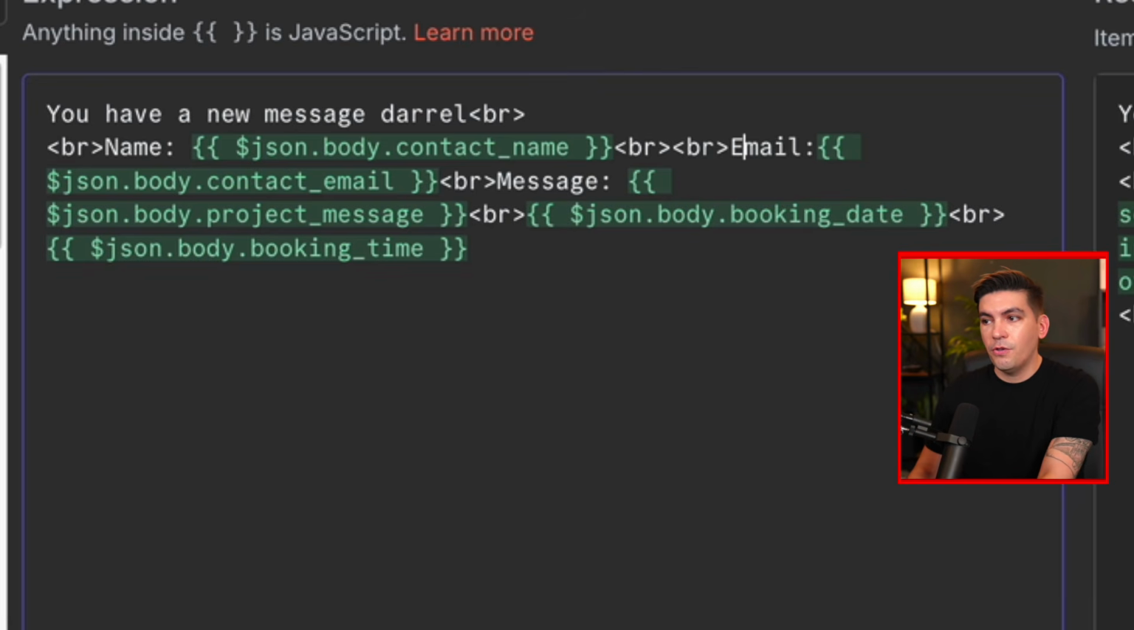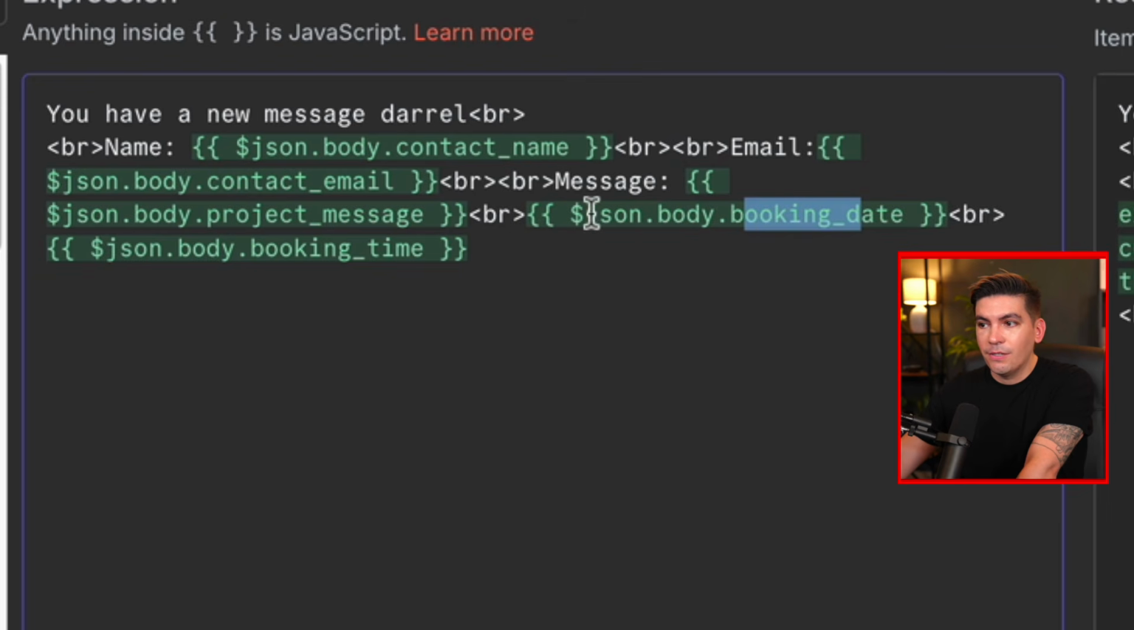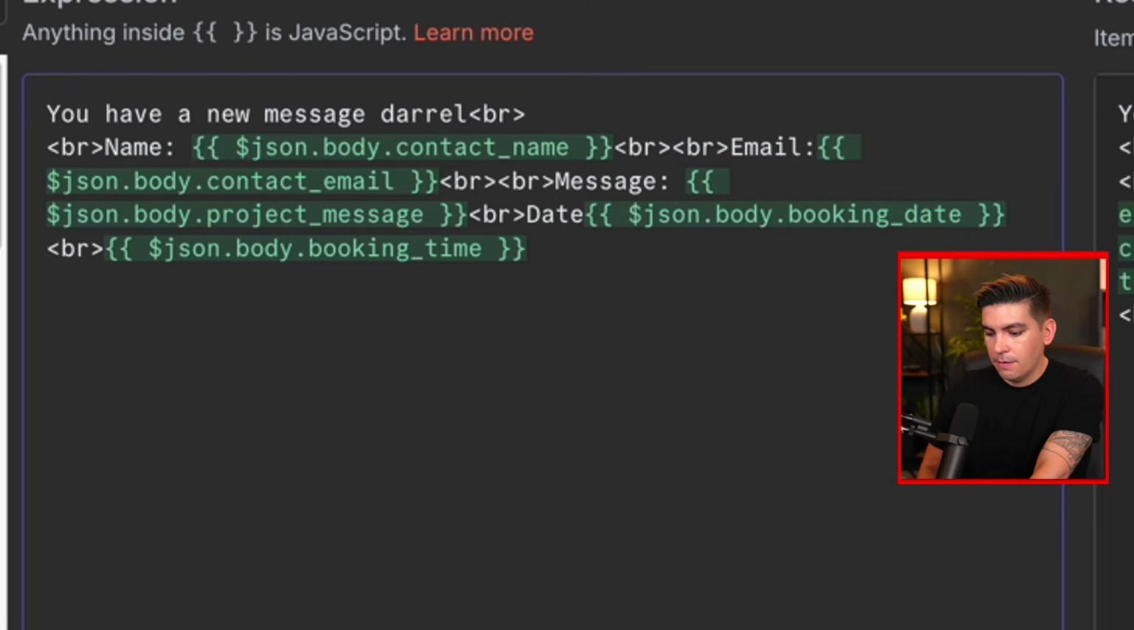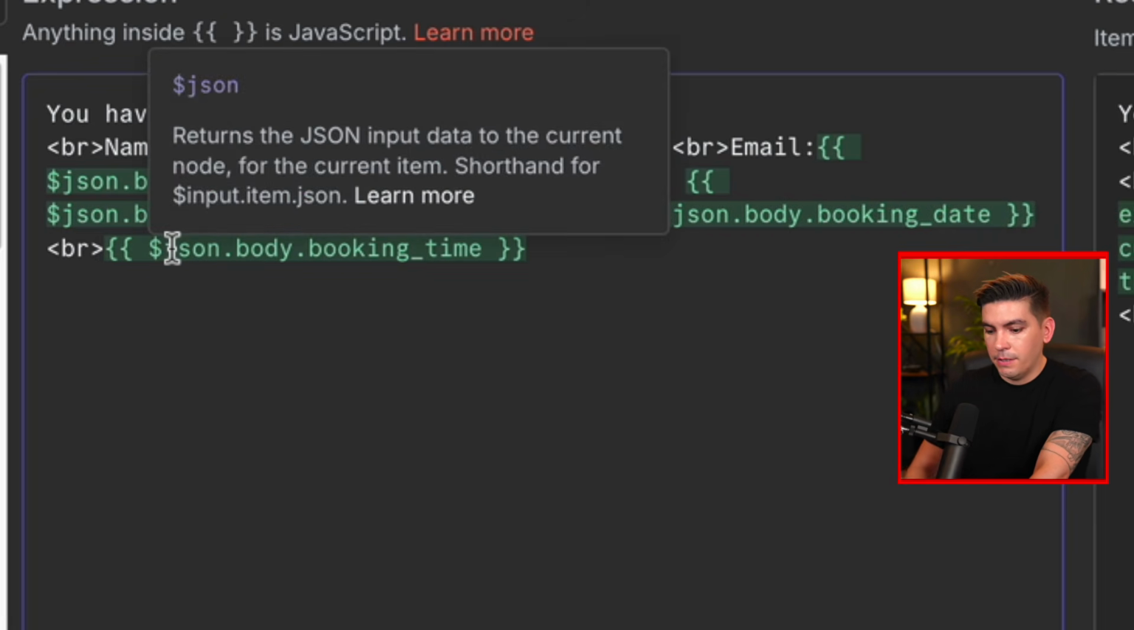I just typed this in, so you can just type something in here to let you know what the email is. And then for the message, here I'll go ahead and put another bracket here, okay, brackets. And then here we actually have the booking date. So right here, I'll type in date. So right here, I'll put dates, okay. And then over here, I'll put time,